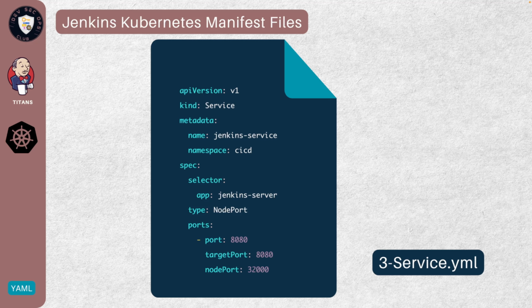If you watched Day 7 Kubernetes of this playlist or series, you know these selectors and labels play very important roles in Kubernetes overall. Again, the ports which we mentioned in the deployment are 8080 and 32000 as a NodePort. We are going to expose this service as a NodePort. Again I'm mentioning, we are exposing the service as a NodePort. If you are using ingress or an ingress controller or something else, you don't need to